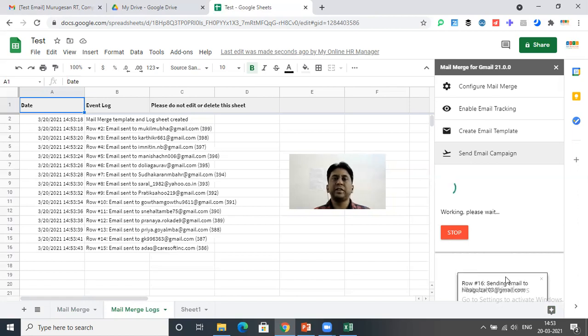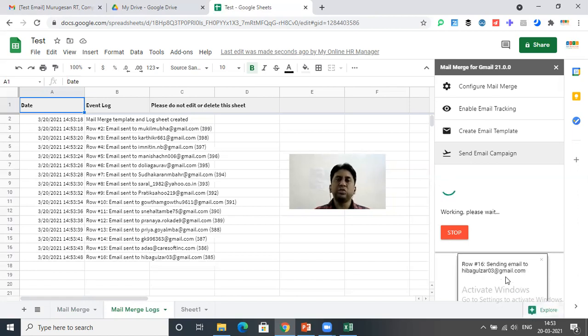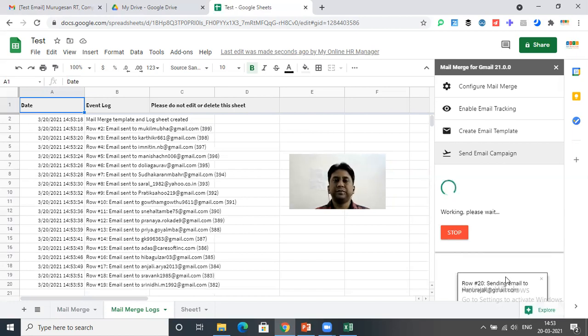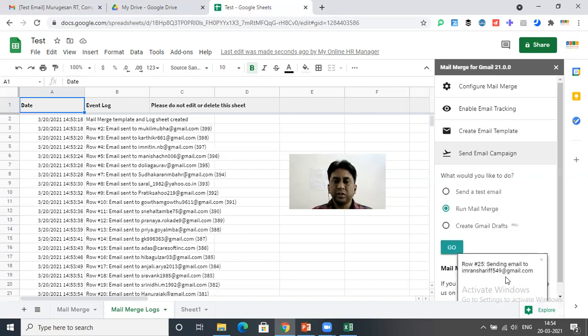So daily you can send on a personalized note your current job openings or any other details which you want to share in bulk. Okay. So now the mail merge has been sent.